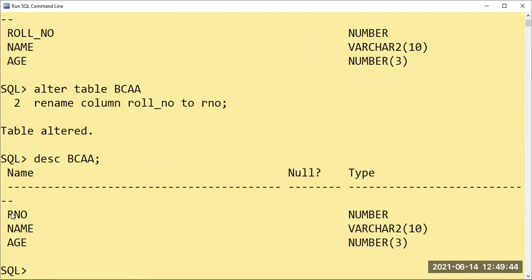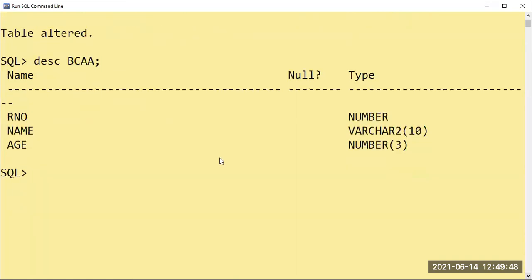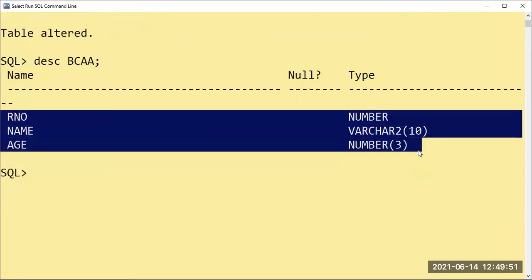So see here guys, wait, I'll scroll down so it will be visible for you people. See, find R number.